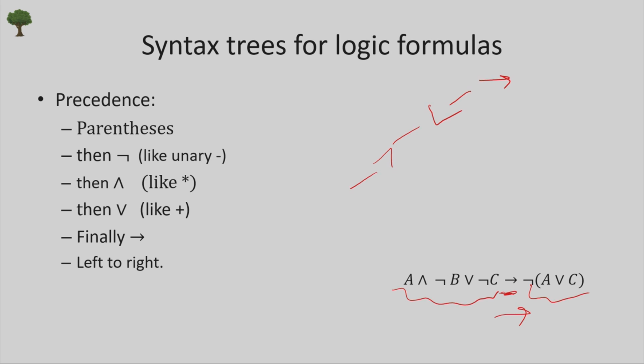Specifically, it would be an AND of A, AND of a NOT applied to B. And the second will be a NOT applied to C. So notice that in logic, we could put NOT not just on a variable, but on any kind of formula, which is kind of different from how unary minus works. Usually you don't really put unary minus on a formula, but you could sort of think about it when you're taking